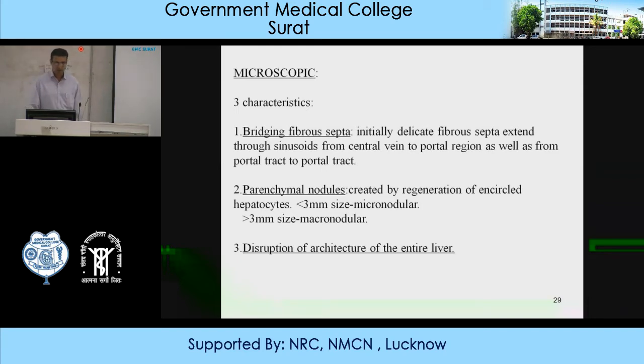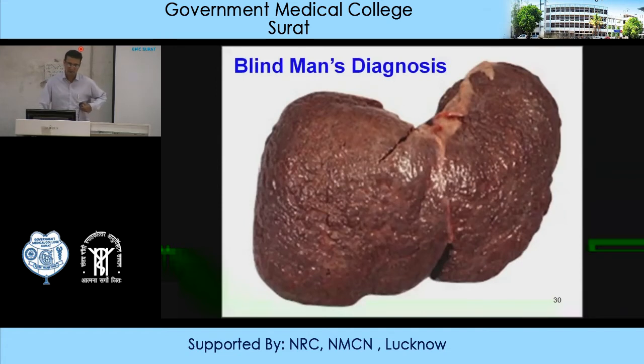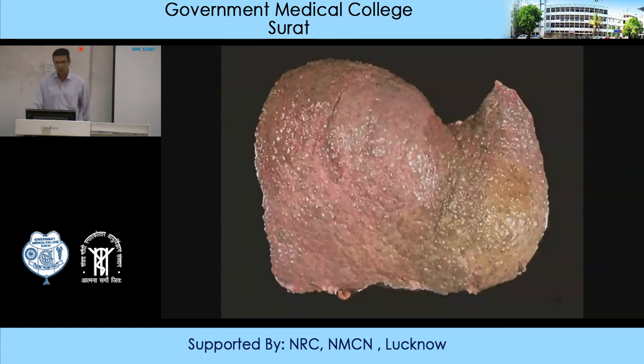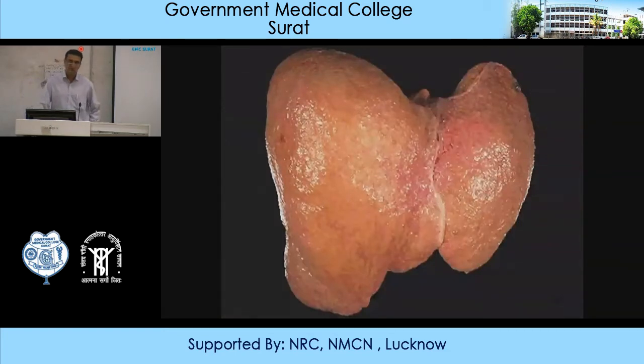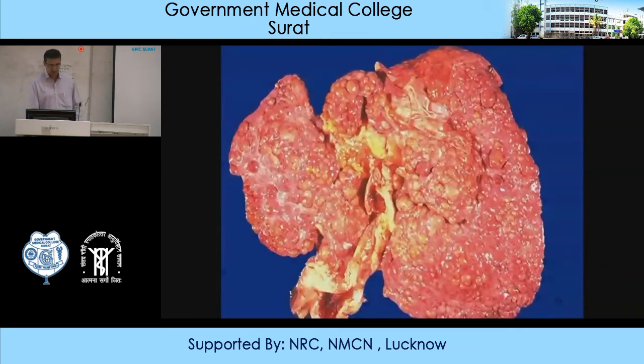See, this is a gross examination of cirrhosis of the liver with a nodular surface. If the nodules are less than 3 mm, it is micronodular; if more than 3 mm, macronodular cirrhosis. Again there is a nodular surface of cirrhosis on gross examination. So these all are gross features of cirrhosis of the liver. See, this is all nodule formation, cirrhosis of liver.